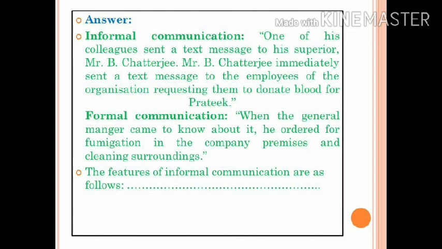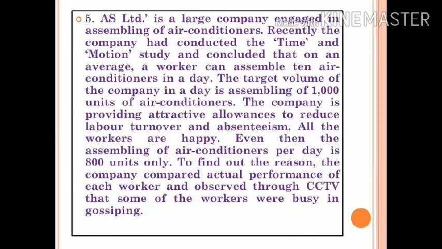No formal order or formal use of authority is there. So quoting the lines is clear, and the features of informal communication you can easily write. Now coming to the last case for today.